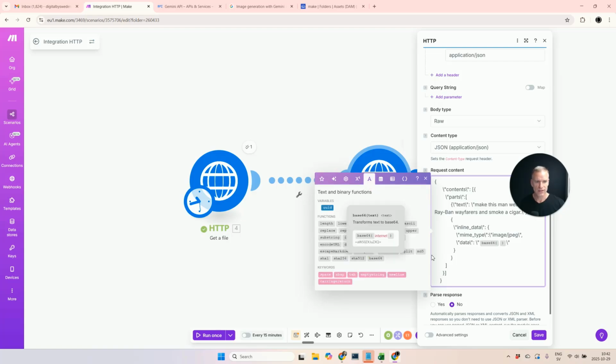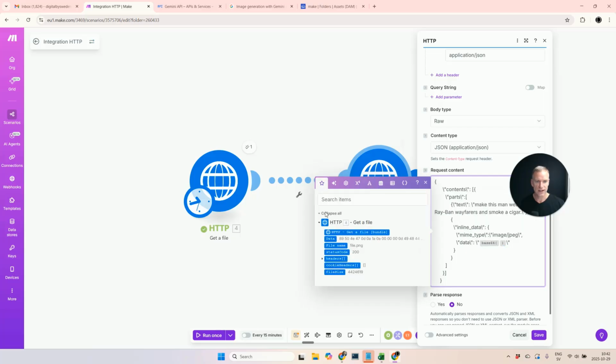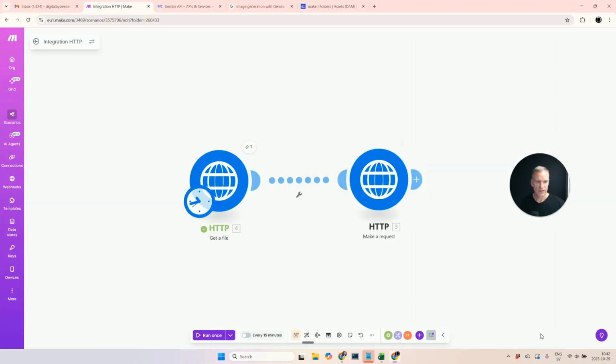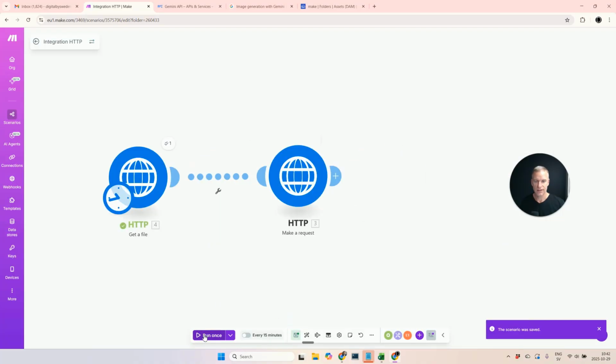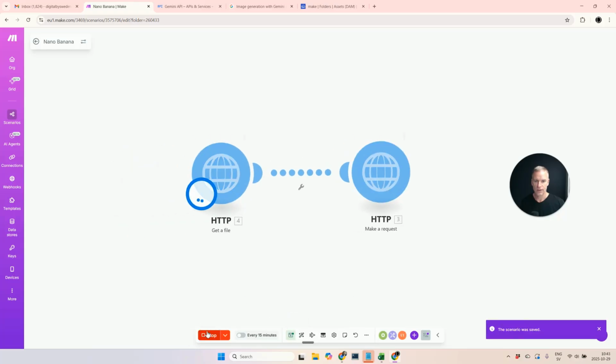There it is, base64, and what I need to do is to take the data from the downloaded image in there. So let's save this and run this little scenario, see what happens. But before that, let's call it Nanobanana to be clear what the scenario is all about. We run it,